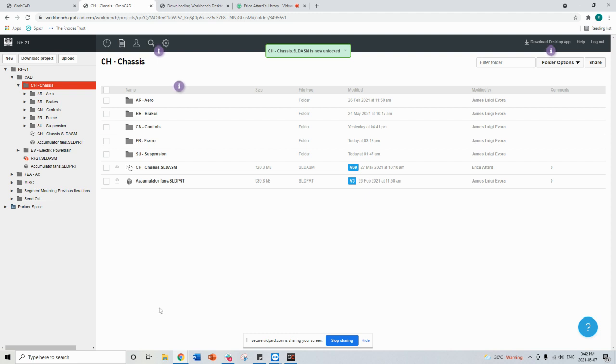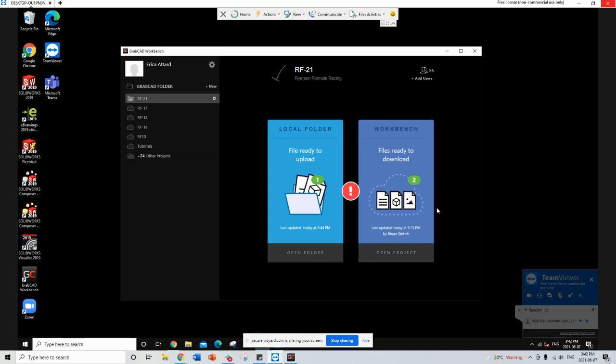The seventh step is learning how to deal with conflicts on GrabCAD. A conflict on GrabCAD is indicated by this red exclamation mark. And what it means is that there is a file, either a part or an assembly, on your local computer that you've made changes to and saved. And the same part or subassembly has also been changed by another individual and uploaded to GrabCAD. So there are two conflicting files that both have changes, and GrabCAD needs to know which one you want to